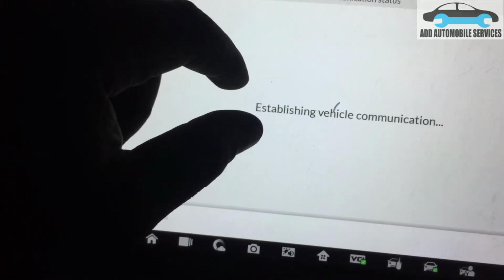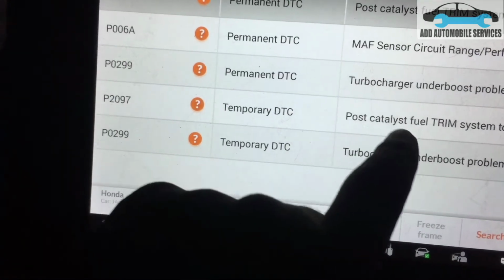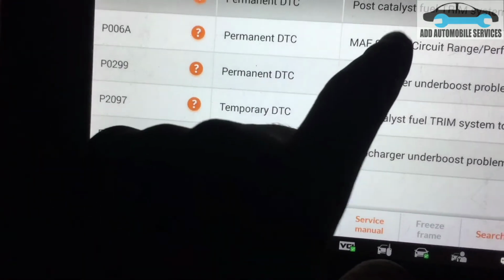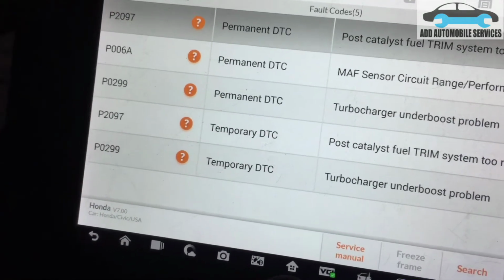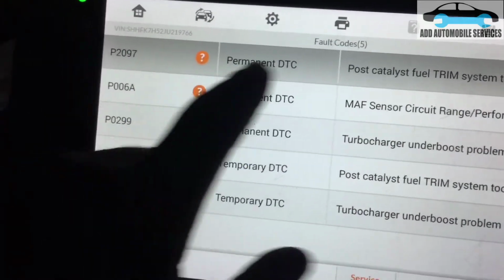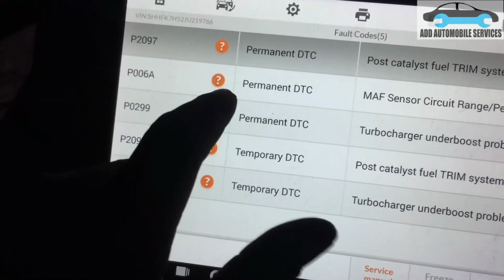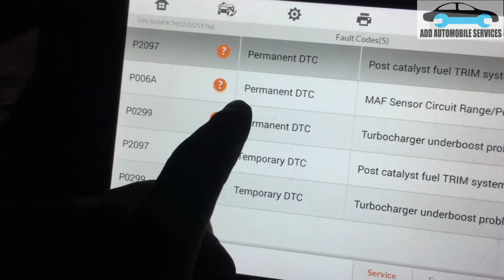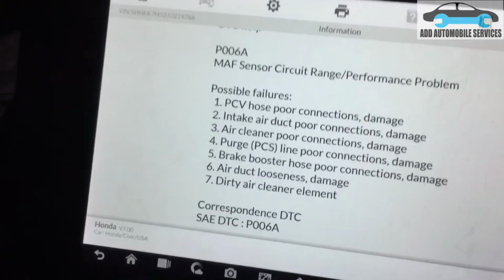Whenever you try to pull this car, that's where these fault codes come: table underboost, fuel trim too rich. I took it out and found out that the intercooler part is open, but now the issue is fixed. So these are the fault codes. But before you trace them, you have to take care of the P006A, the intercooler performance, first, and check